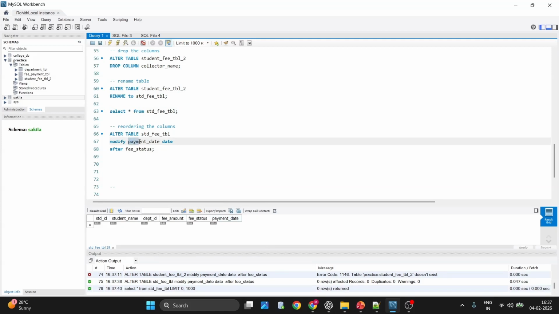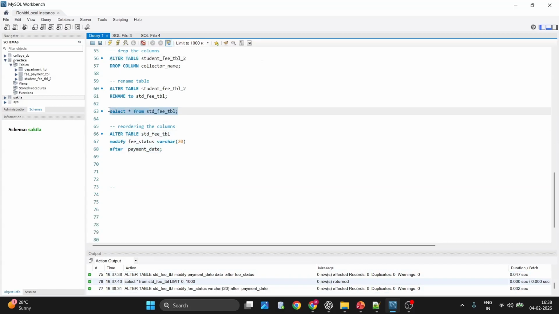Let me take it here, paste it here, take this one, paste it here. This is a date. I need to mention the date. Let me remove this. Fee status, I think fee status is varchar. I think so. Okay. If I reselect it again,